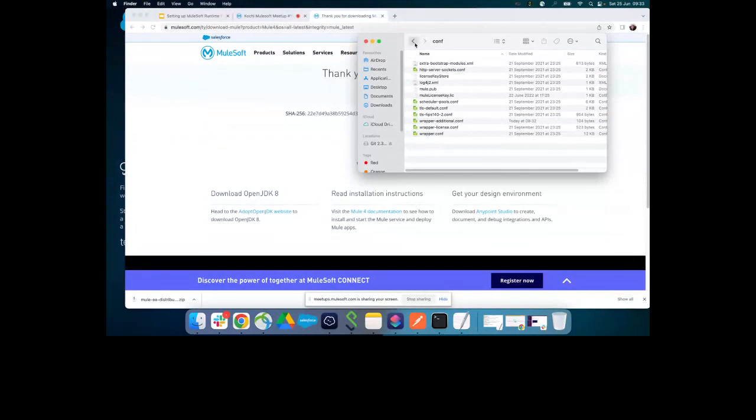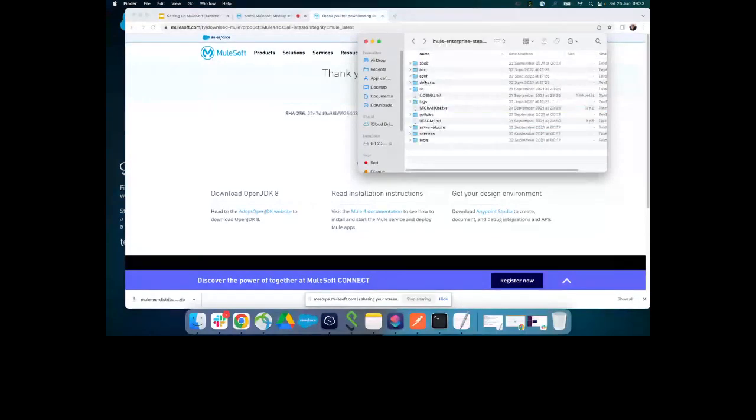So don't try to run it from the command line. Some people, if you go to bin and try to go to a command prompt and then try to do a dot slash mule start, sometimes it gives you issues. Okay, it doesn't work for you that way. So the best way is just go to the bin folder and double click on the mule bat file,